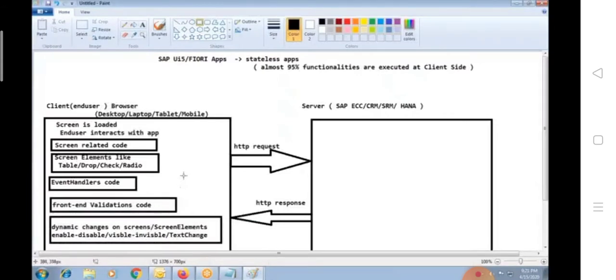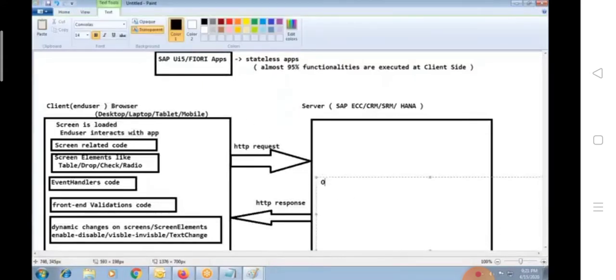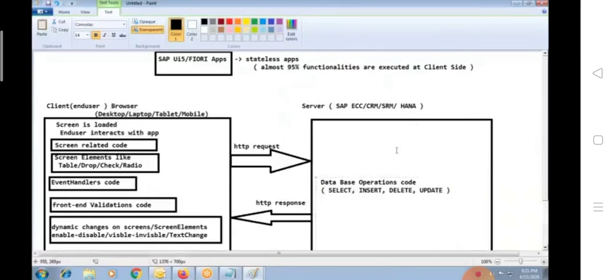But except database operations. So the database operations for UI5 Fiori apps are completely executed always inside the server. Only database operations like select query, insert, delete, update, these type of operations get executed inside the server.